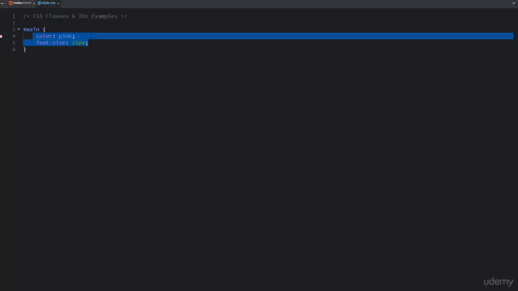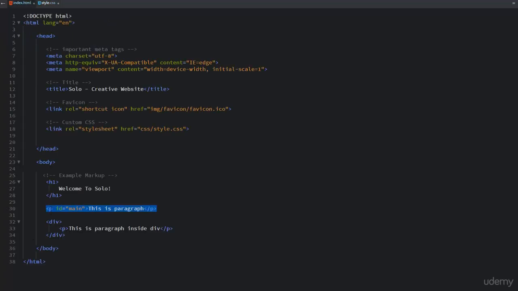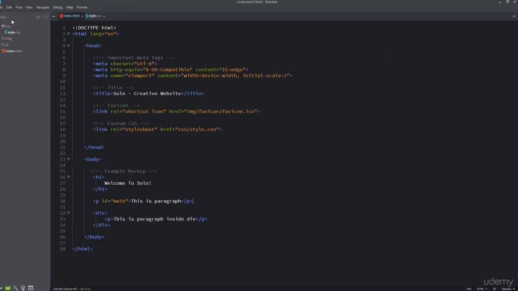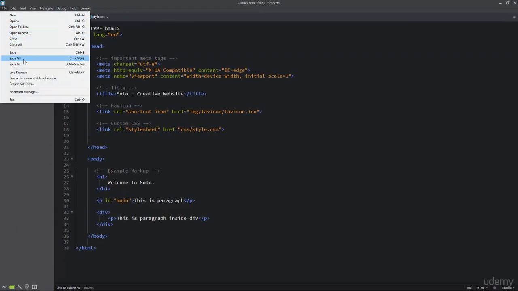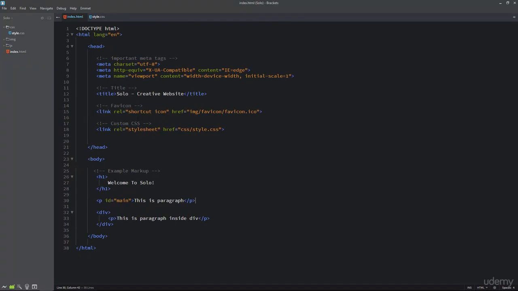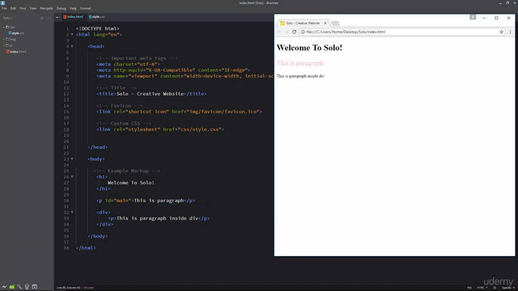This CSS will be applied to only this p element which has the main ID. I'll go ahead, I'll save these changes and I'm going to open this index.html file inside the web browser. I'll click on this open in browser icon. As you can see, we have a paragraph and the color for this paragraph is pink.